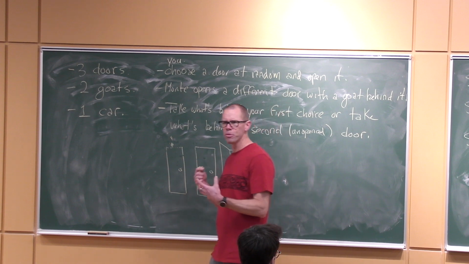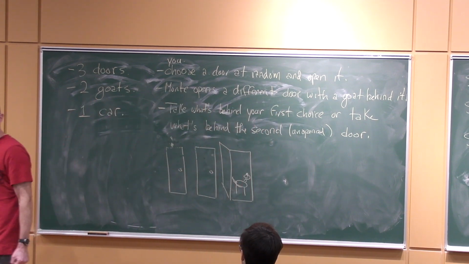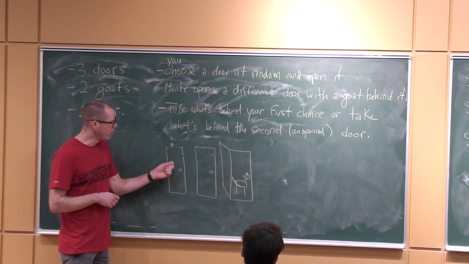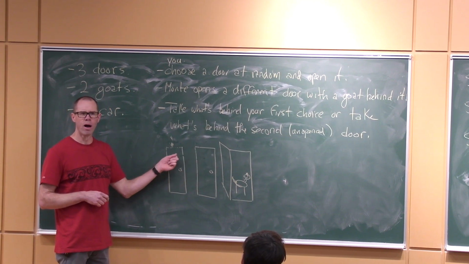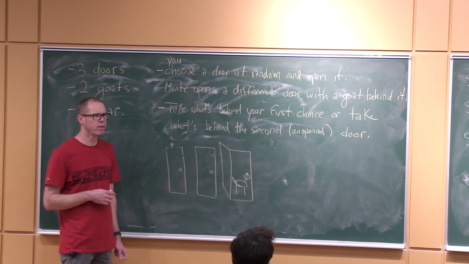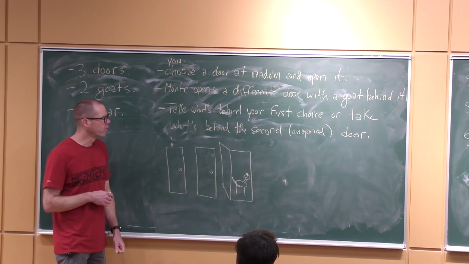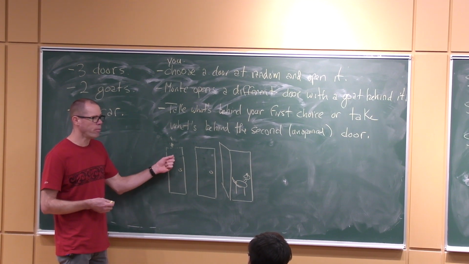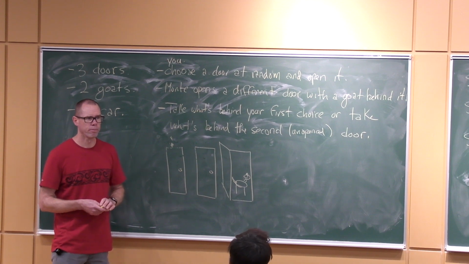2/3 seems way too good, right? I mean, it didn't seem like you should be able to do that well. The 50-50 one is the obvious one, and that's where most people would think, well, there's still 2 choices left, and there's only a goat behind one of them, so you can only win with probability 1/2, but actually you can win with probability 2/3.